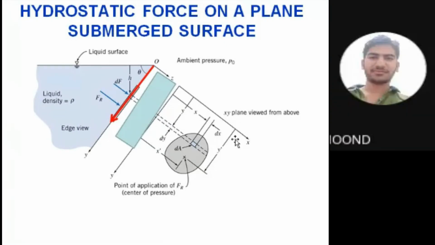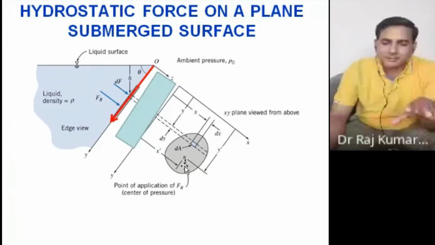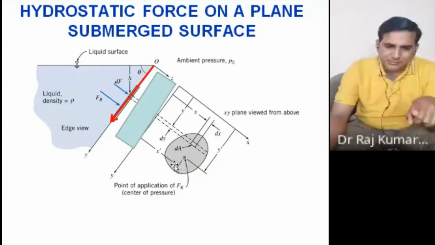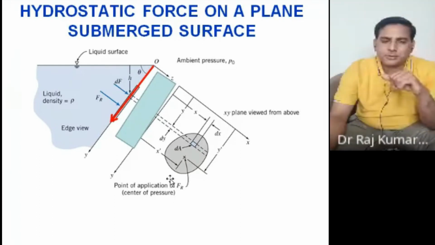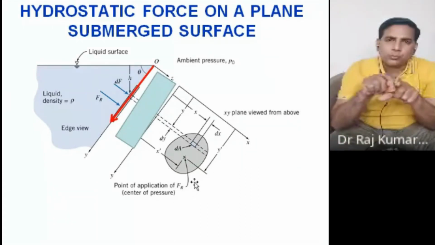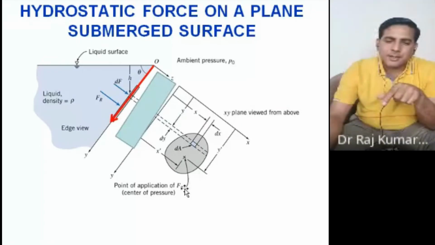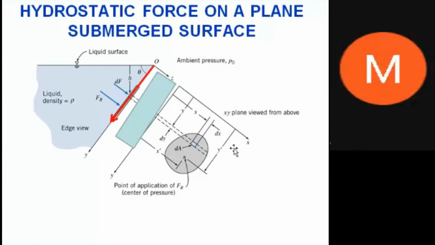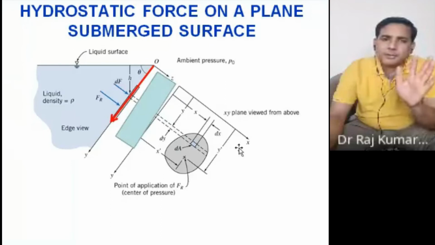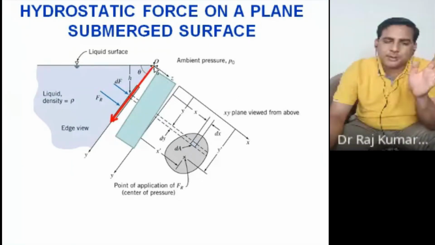Yes, sir. So this is what we have calculated. The net force is acting at this point. This is y dash distance far away from point O. So the moment of this force would be what? FR into y dash. Yes or no? Yes, sir. Now this moment should be balanced by the moment provided by all forces from here to here.